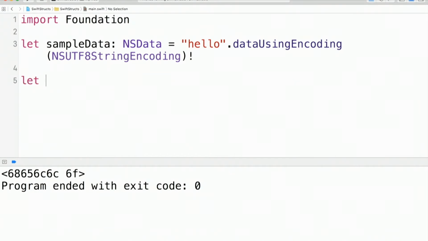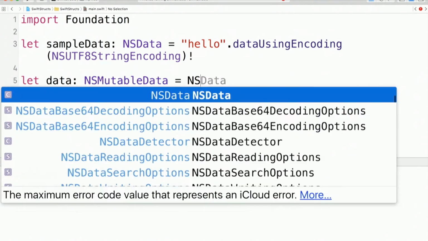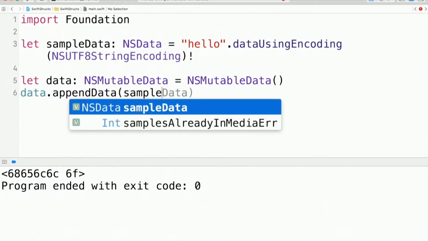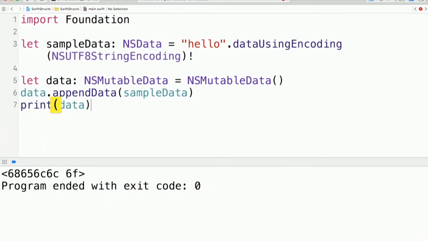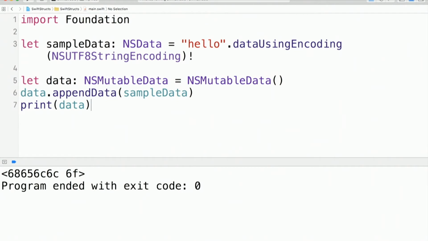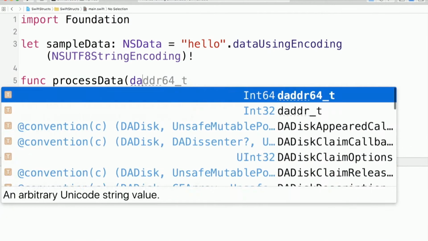Now what we can do is create a data variable, which is an NSMutableData, and then we can say data.appendBytes or appendData. Now we can print it. So this works, and this will print the same bytes. But what's a really big problem is, let's say we create a function processData, which takes some NSData,